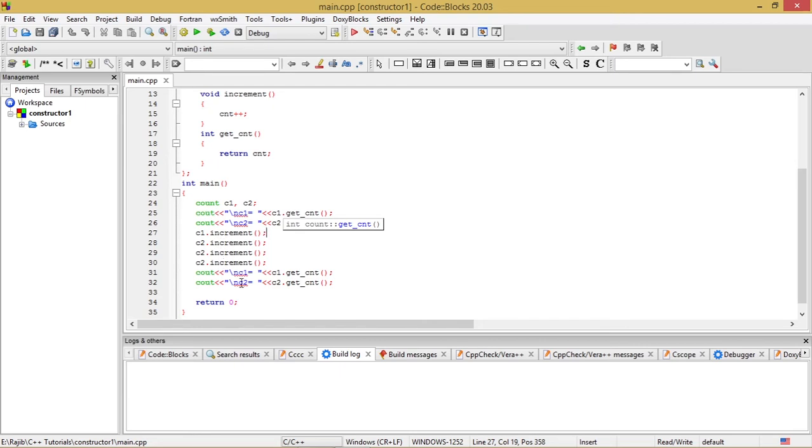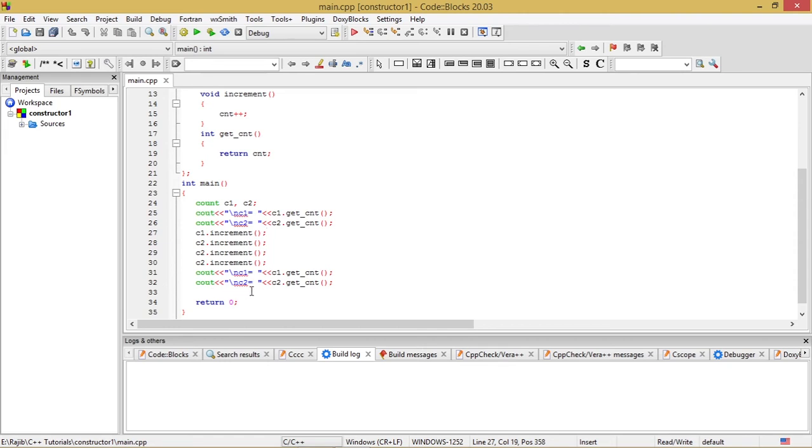After that, yet again I have used these two lines to get the value of CNT from the C1 object as well as from the C2 object by this last cout statement of this main block.